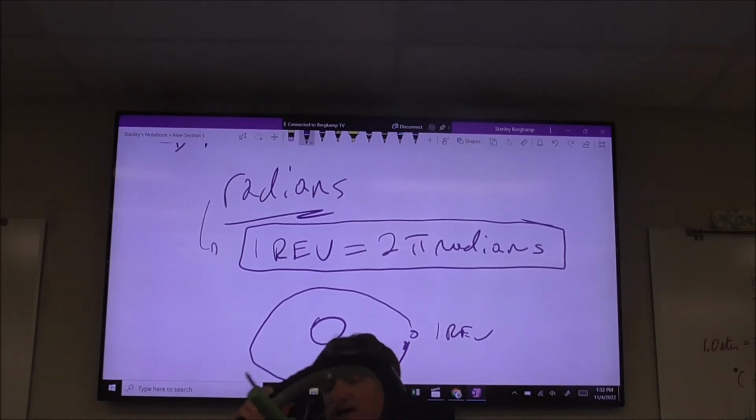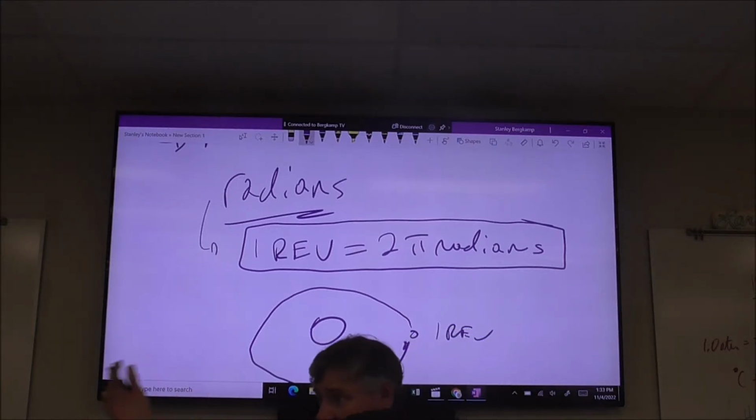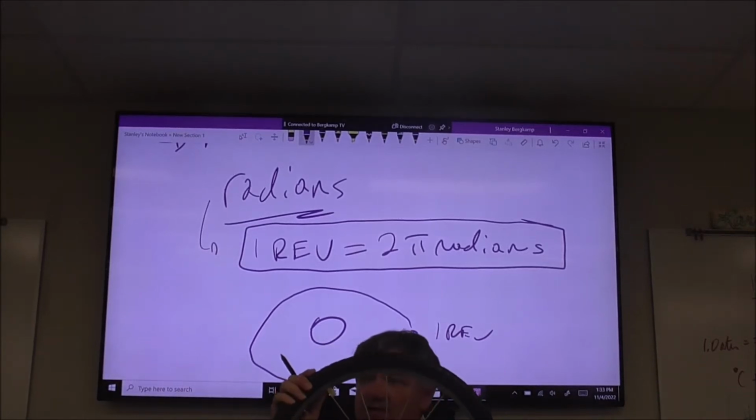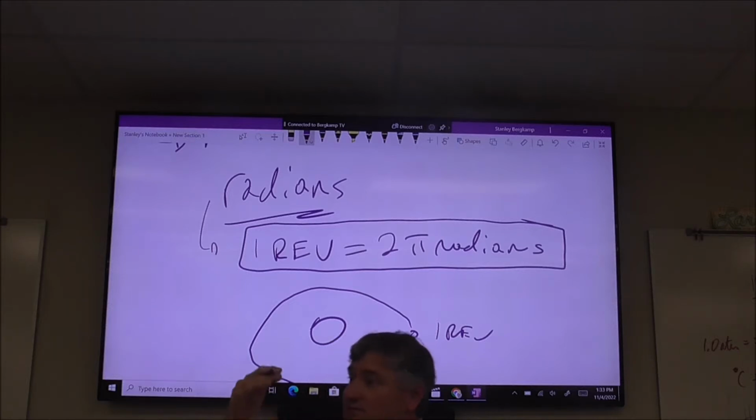Now, just like I could walk pretty slowly, or I could walk quickly, or I could travel at the speed of light, the same thing is going to happen with object spin. Sometimes things spin really slowly, and that's a certain number of radians per